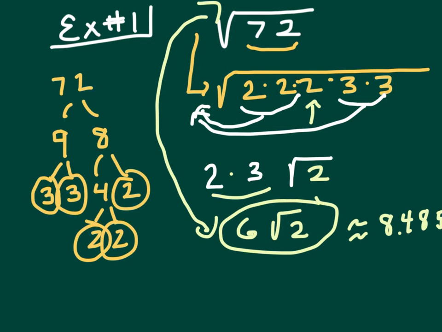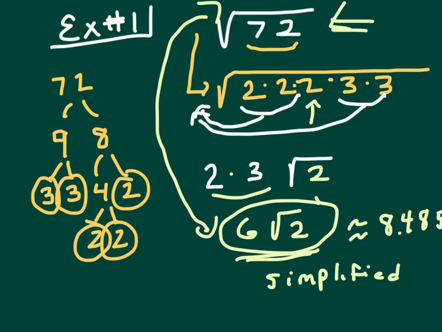And 8.485 is also the same decimal as 6 times the square root of 2. Well, why don't we just use this, you might be asking yourself. Well, you could, but this is what we call a simplified version. This will be required for you when you work with this chapter. It'll also possibly be required on the ACT, so we want to be able to simplify square roots, and this is the plan.